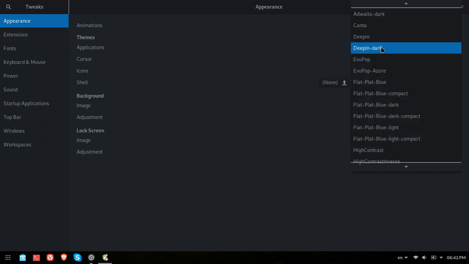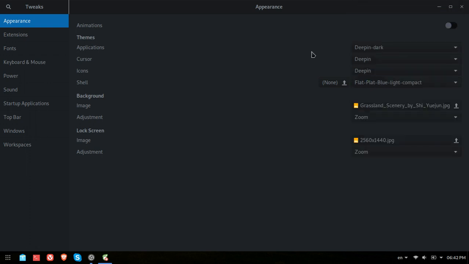And I'll also show you how to install a specific theme. The style that I decided to go with is Deepin, and as you can see right here, I made my cursor, my icons, and my application theme look like Deepin apart from the shell. But essentially, in order to install a theme,